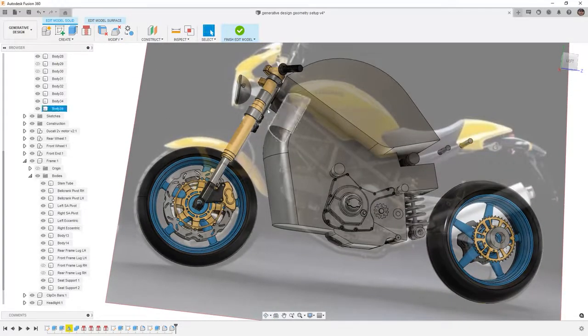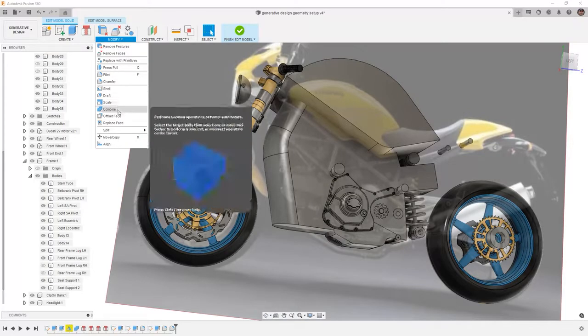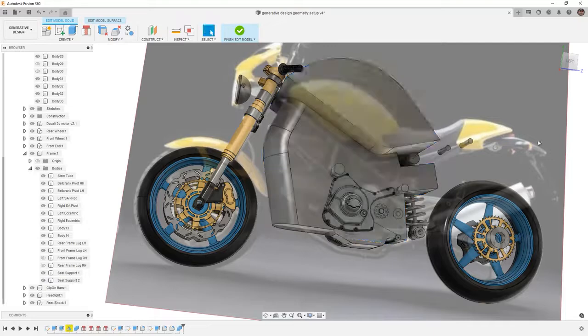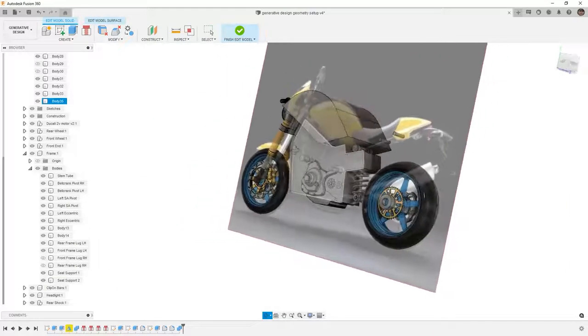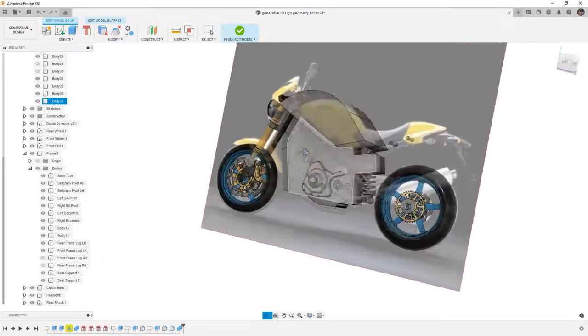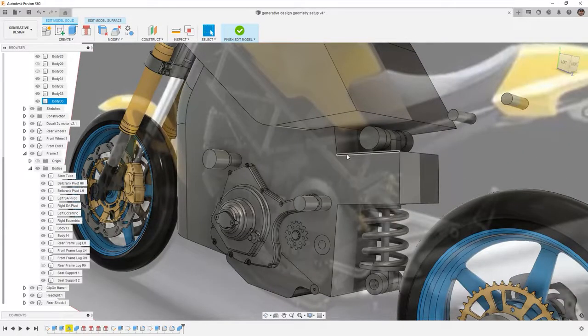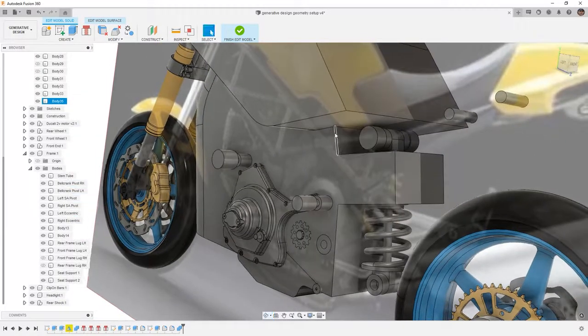We're going to say OK, and then we'll go to Modify, Combine, and simply add this and the gas tank together. While they don't strictly need to be added together, there's really no reason why we can't add them together. It just simplifies the selection process. There are some other things that we want to be concerned with, and that's how the frame is going to get attached